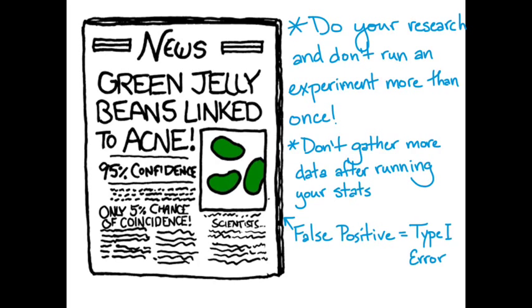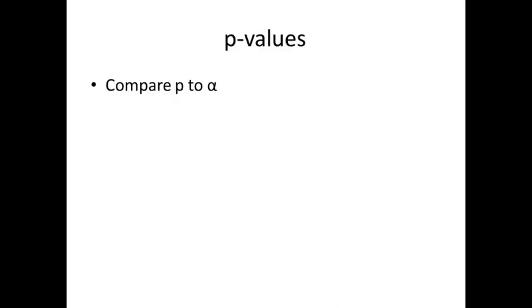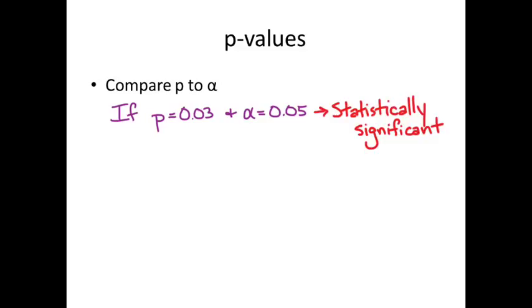If you set your alpha lower, this will happen less often. For example, alpha equals 0.01 will only give a false positive 1 out of 100 times. You may have noticed that the comic had p-values. P-values are compared to your significance level. So if you have a p-value of 0.03 and your alpha is 0.05, you can say your results are statistically